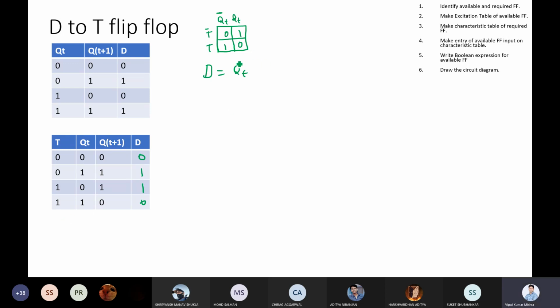So here we will get QT bar and T plus QT and T bar. Now, in this case, can we see this equation as a specific gate? QT XOR T. So you can say D equal to QT XOR T. So let me draw the circuit.